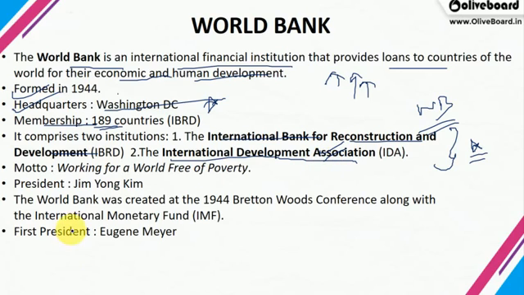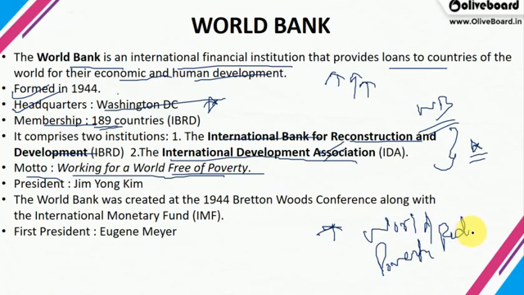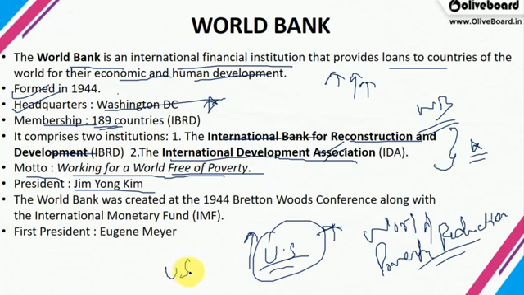Now the motto is very important: working for a poverty free world, or working for a world free of poverty. So the main objective or main goal of the World Bank is a world free of poverty. Poverty reduction is the main goal by financing, by its outreach programs, etc. The present president is Jim Yong Kim. So the World Bank has a tradition of appointing a US president, or a president of US origin,